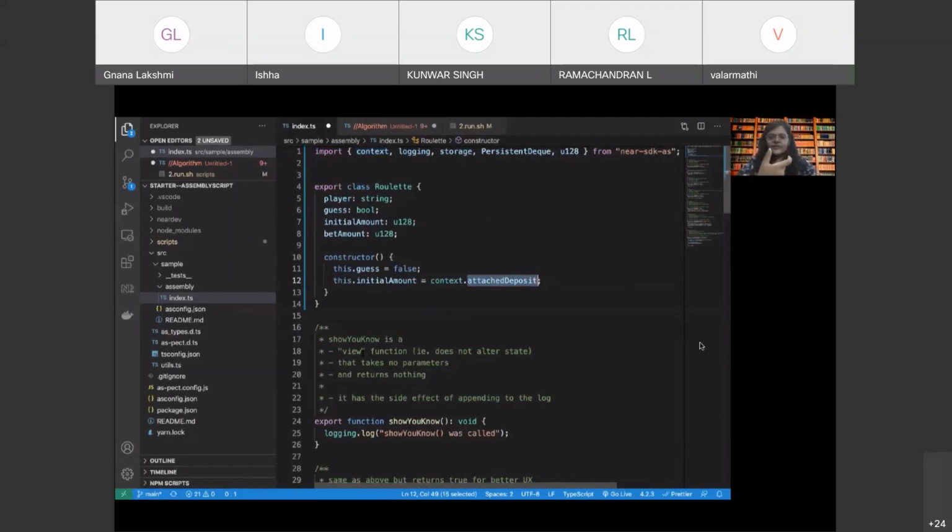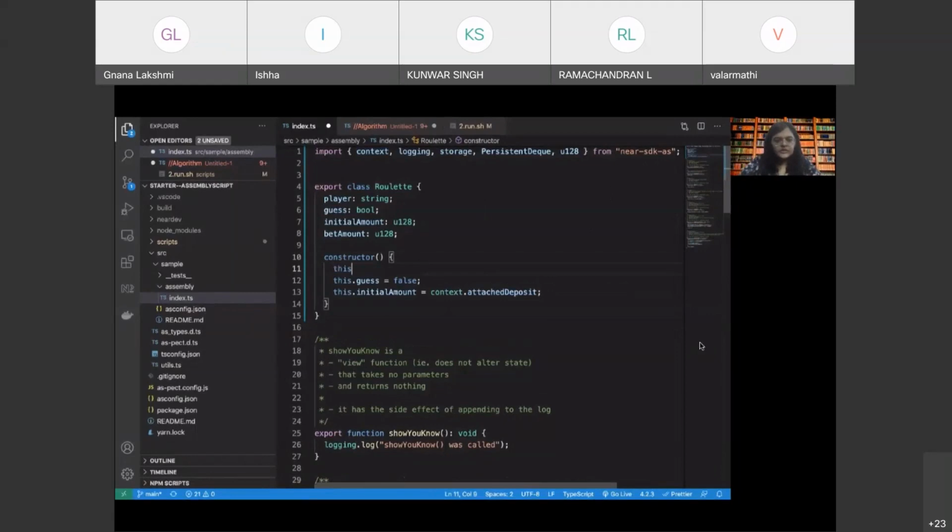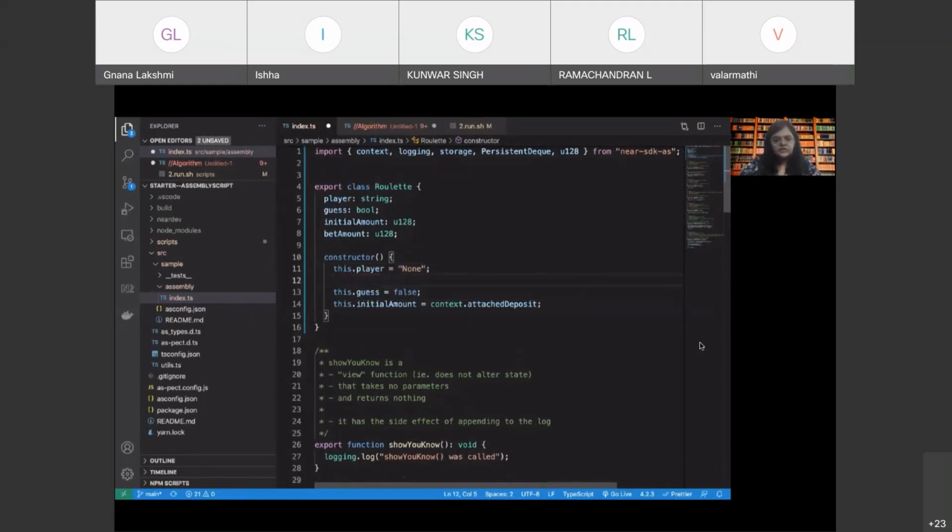The initial deposit plus the bet amount will together become the final winning amount. So let's say this.player we just set to null, and this.bet amount for now we'll call it zero.